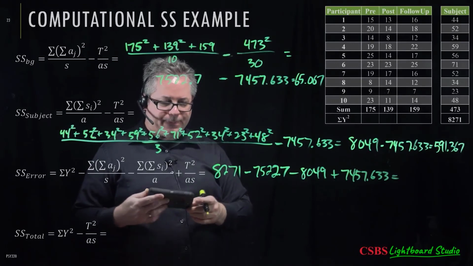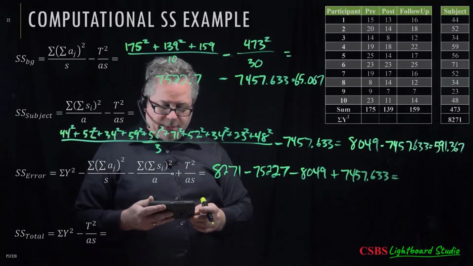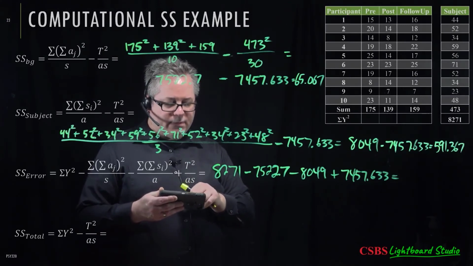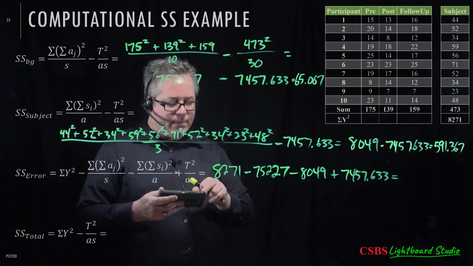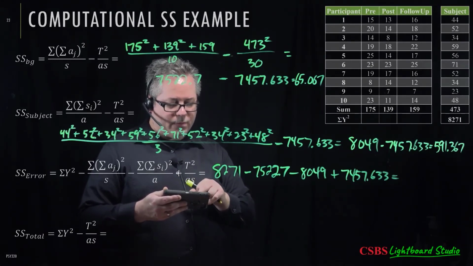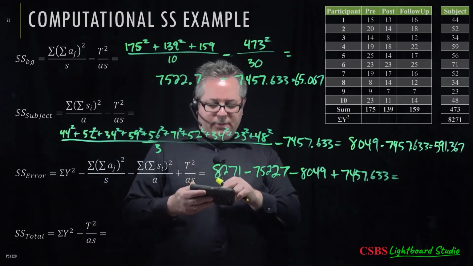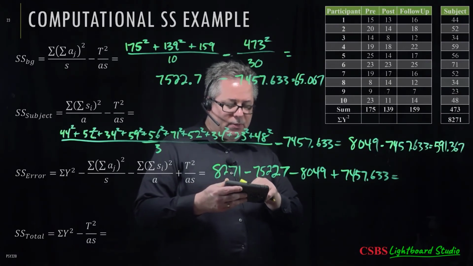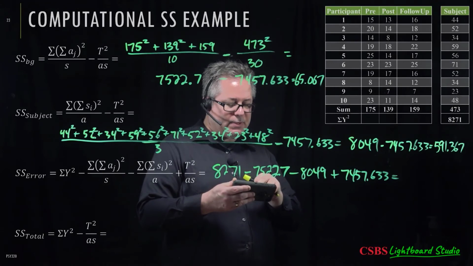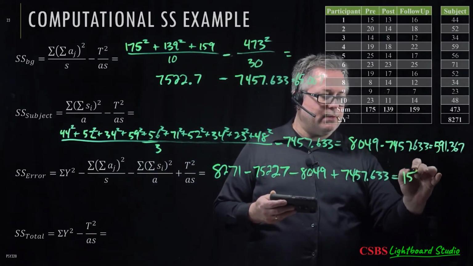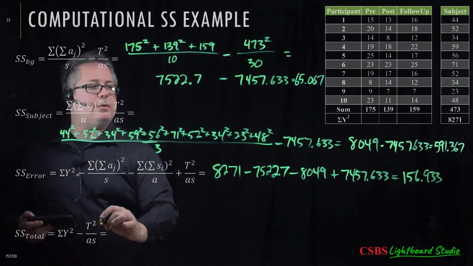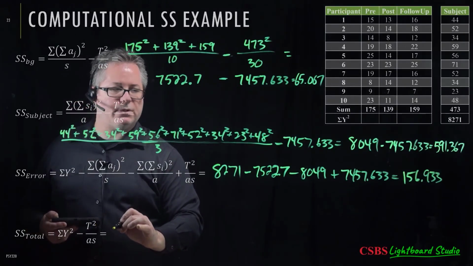So we subtract all that out. 8271 minus 7522.7 minus 8049, that's a problem. 8271 minus 7522.7 minus 8049 plus 7457.633 equals 156.933. That's the error. And then the total down here at the bottom is, again, the sum of y squared, which is 8271